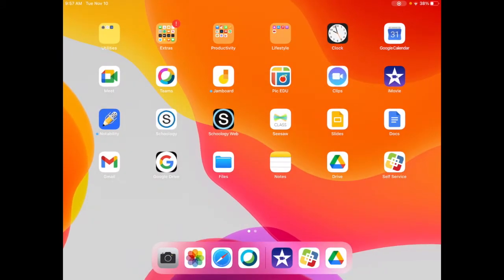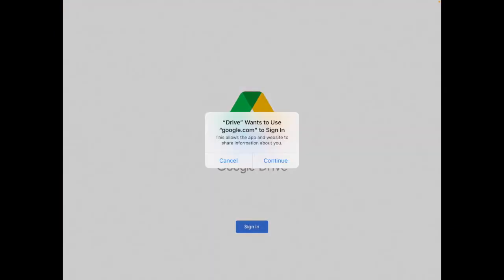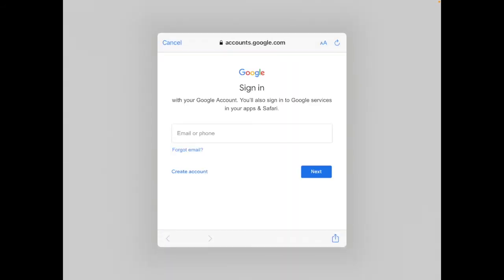After your Google Drive installs all the way, it might take a few minutes, you tap on it and you have to sign in. Press continue. Please sign in using your school Gmail account. It should have